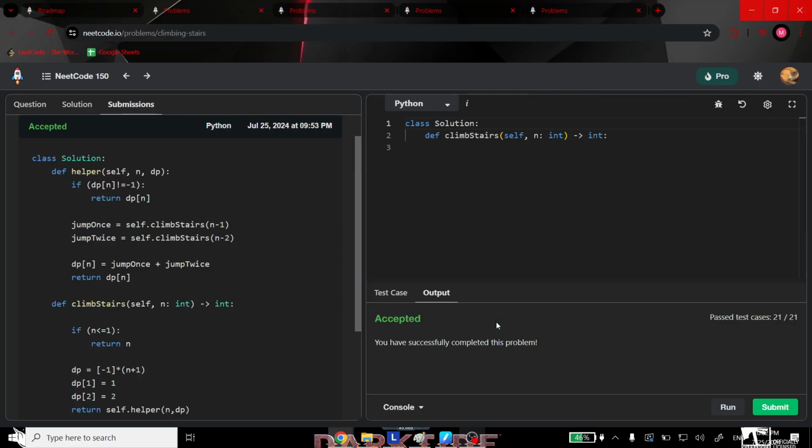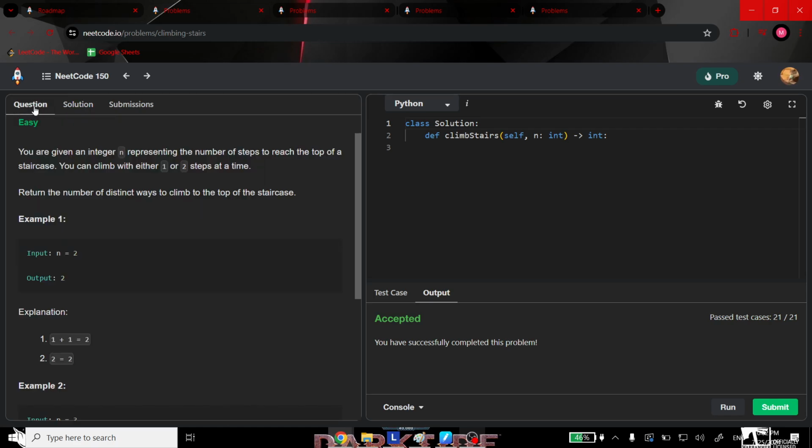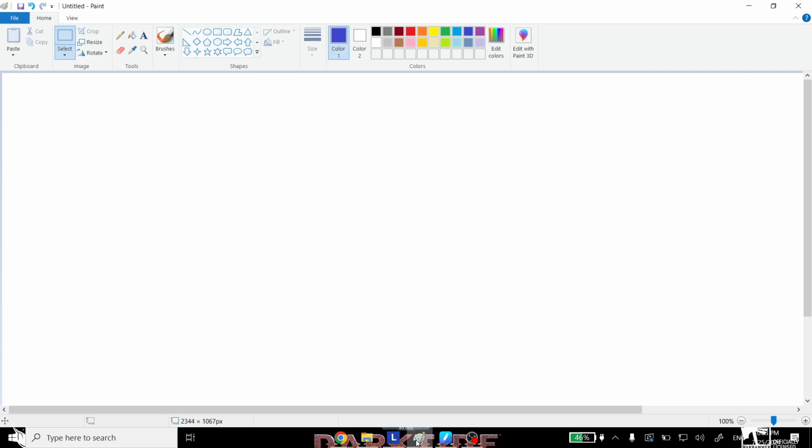All right. So we have solved the question using recursion. Now we're going to optimize this a little bit. Now, if you notice, when we were solving for f of 3,